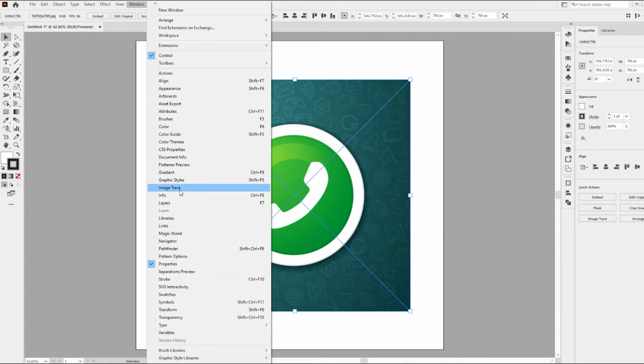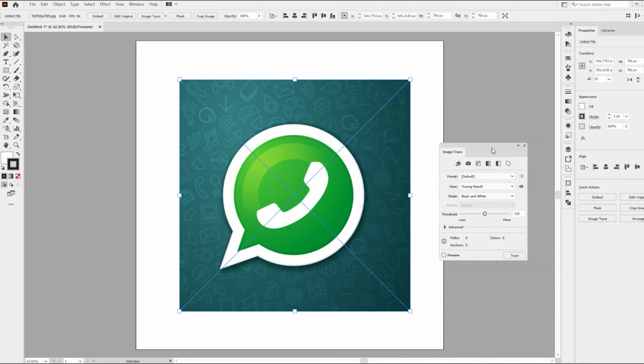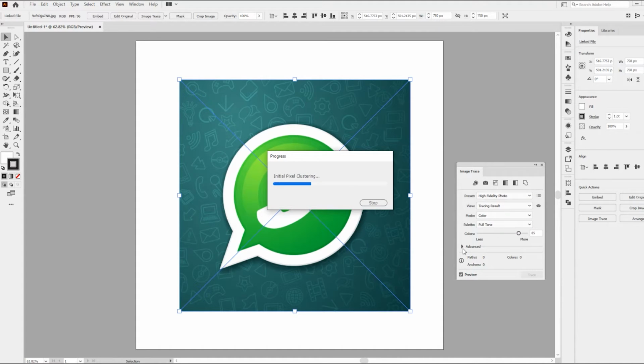So this is the option, Image Trace. If you click on it, this window will show up on your screen. Then click on the Preset option, then click on High Fidelity Photo. Then you have to wait some time.